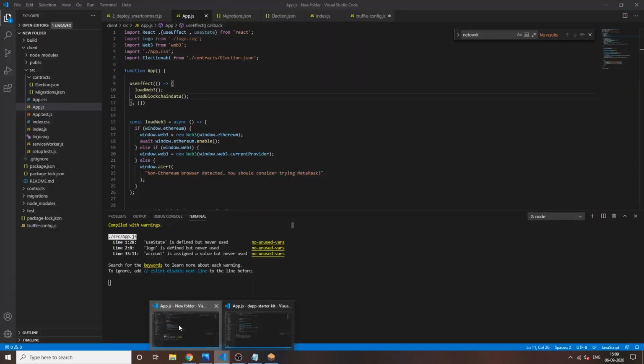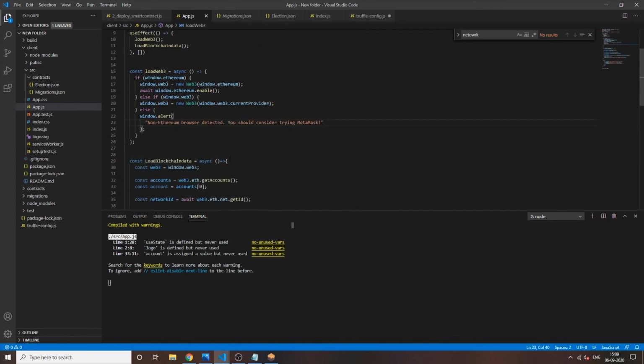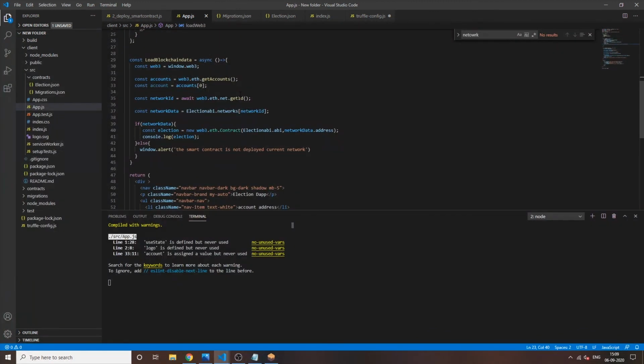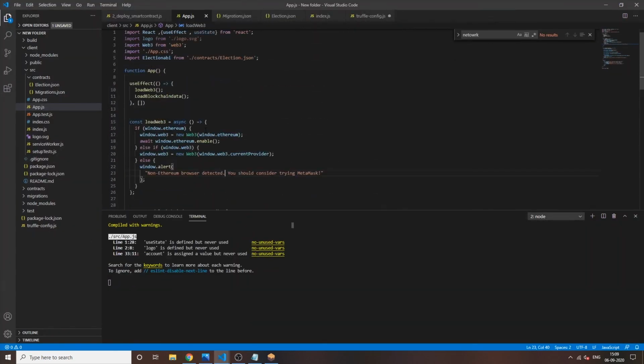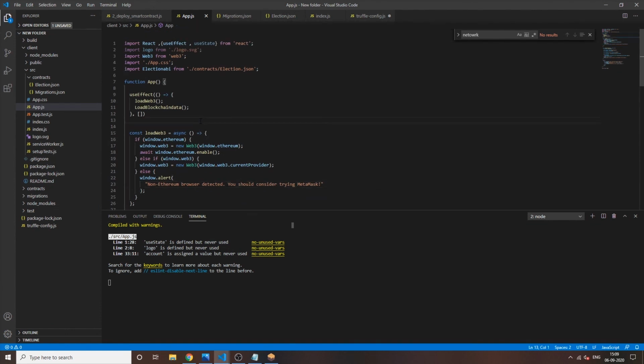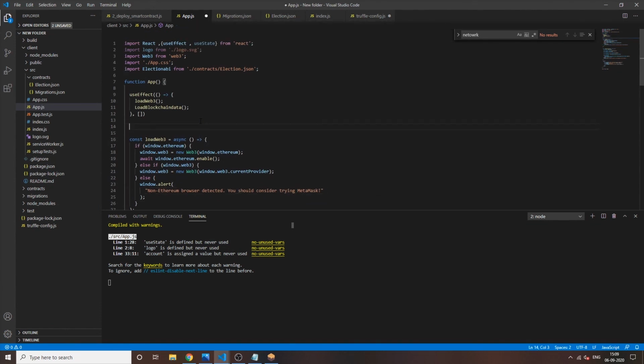So our React app is now connected with the wallet. One thing, now we want the address to be shown here. So let me introduce you to another thing.